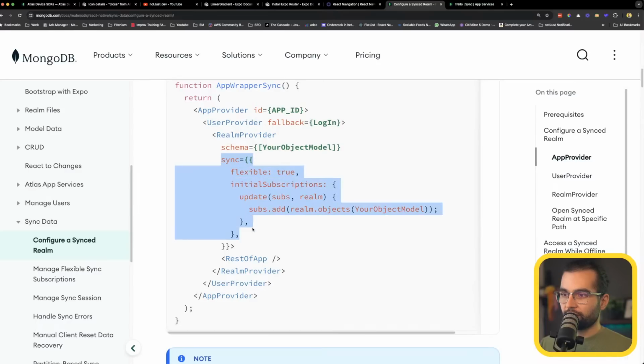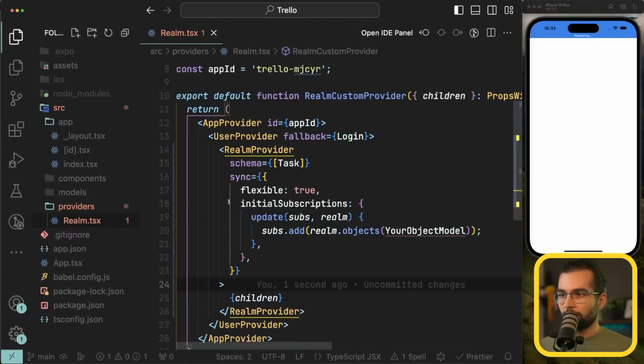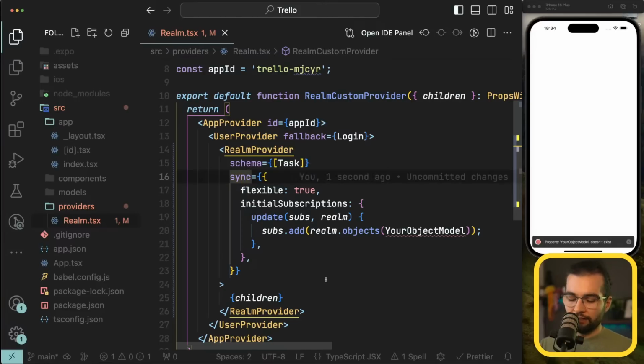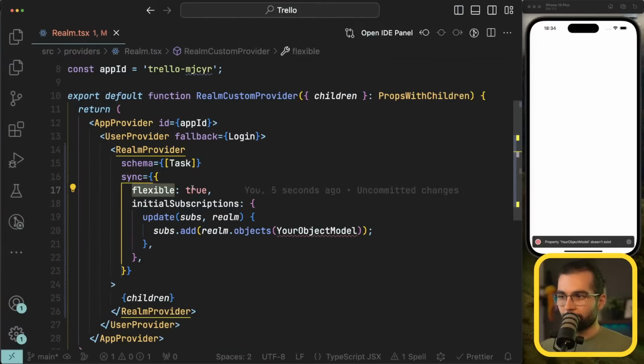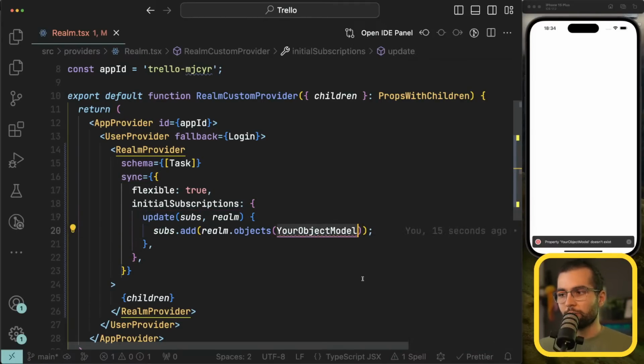I'm gonna copy this sync from here, and I'm gonna add it for our realm provider after providing the schema. So the sync configuration has flexible true, and we also provide here some initial subscriptions, like subscribe to some initial data, update subs, and here is where we will set up